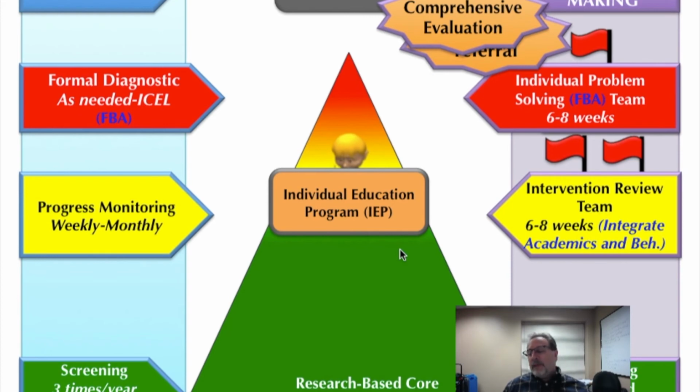That is not the end of the RTI or MTSS system for that student. We often have people misunderstand that once you go into special education, you aren't a part of this process anymore. Your name is not on that list at the Tier 2 interventions, even if you are in a group delivered academic or behavioral intervention.